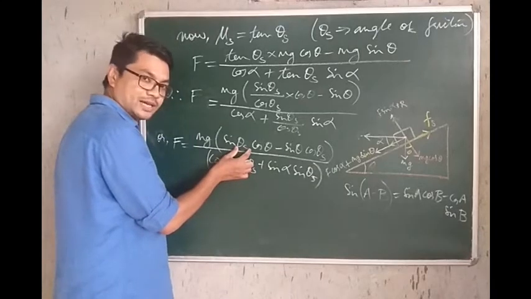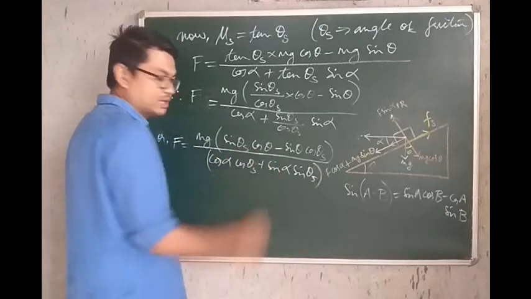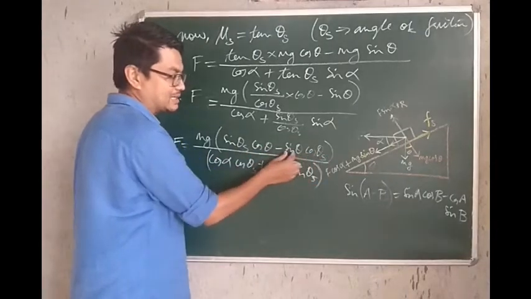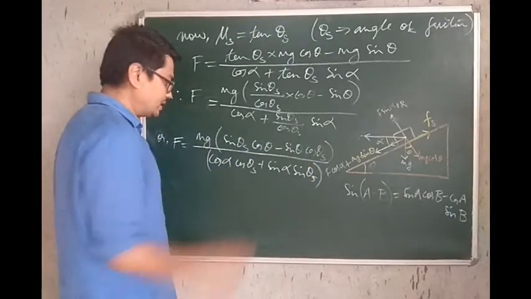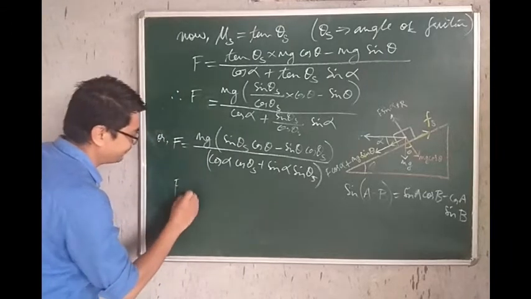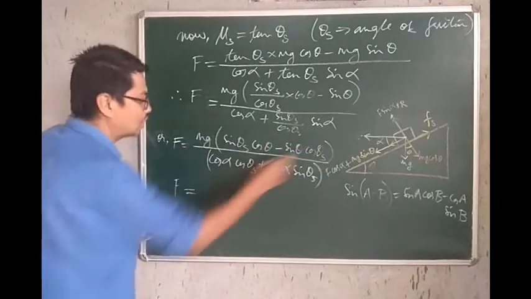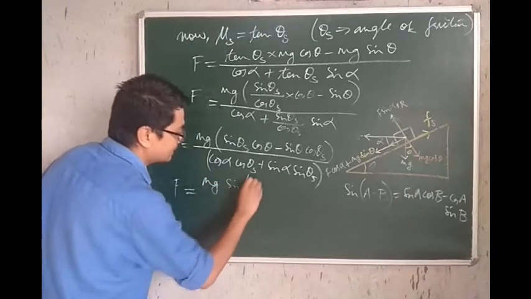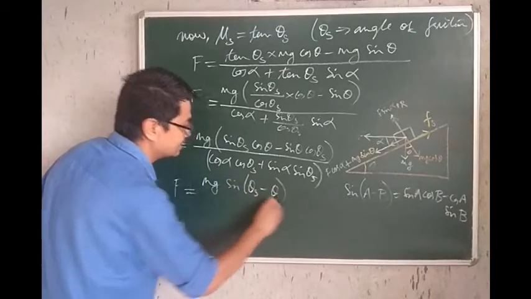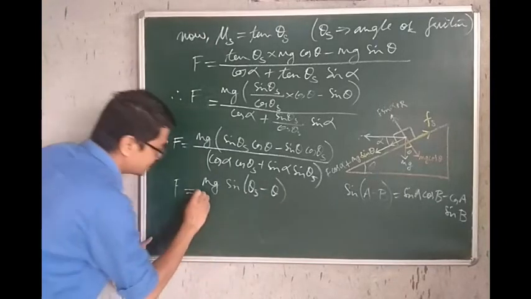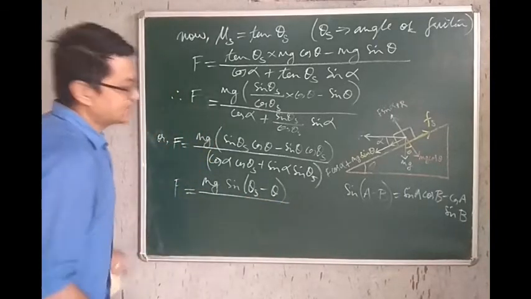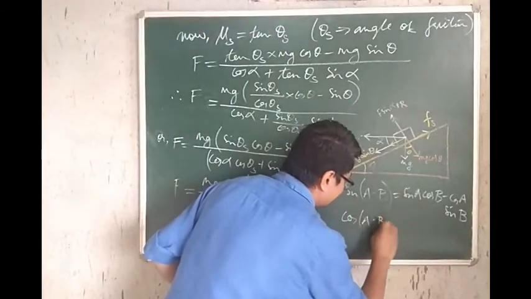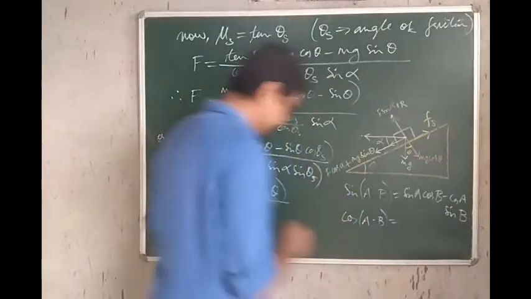Angle a is θs, and b is your θ. So the numerator gives us, instead of the whole long thing, mg into sin(θs minus θ). This is what we write, divided by,